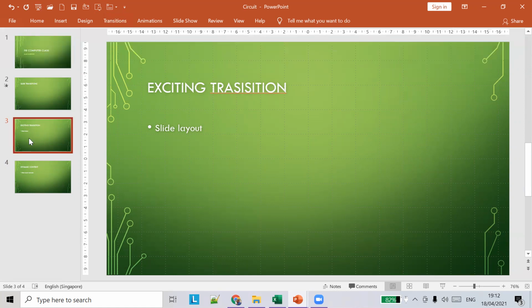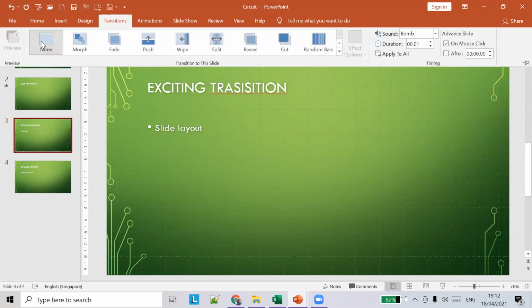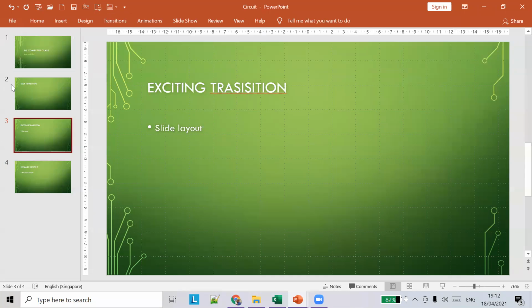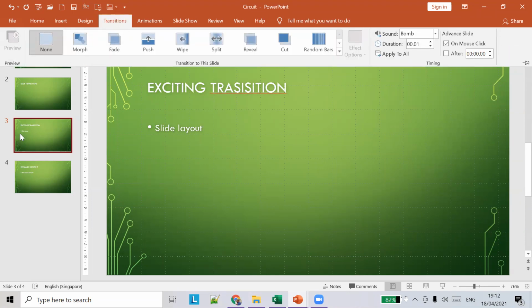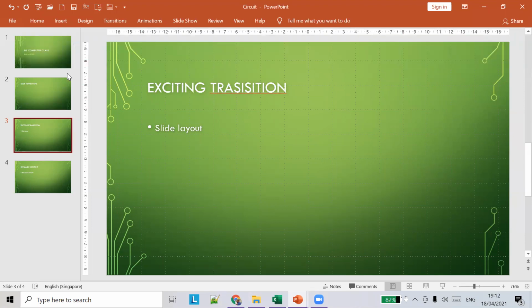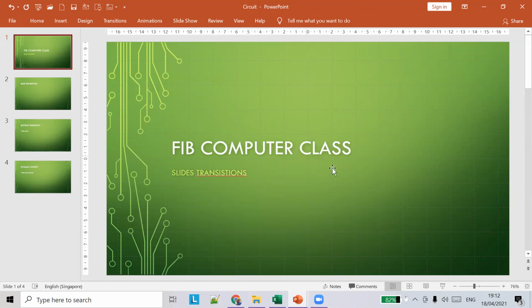So I'm going to remove all the transitions from the slides. I've chosen third, I've chosen none, and I go to apply to all, and you can see the transition is removed from all the slides. So what we have done is we have added the transition effect from third and copied it to every screen. In this case, we have applied all the settings to all other slides.